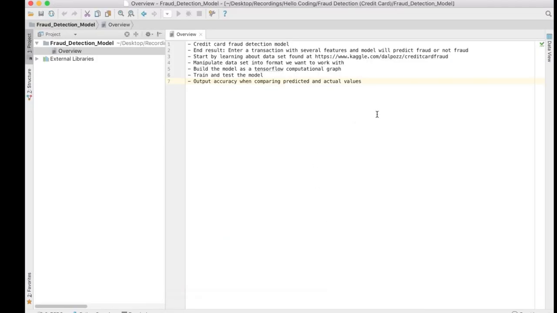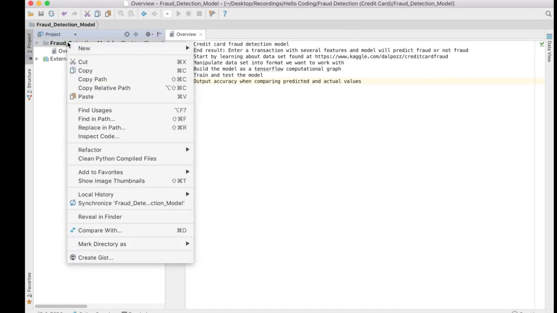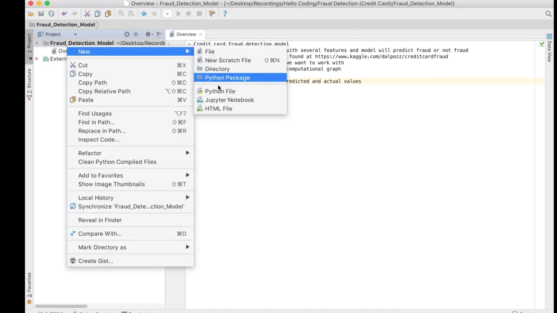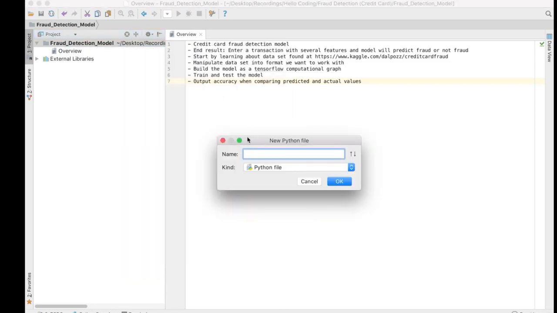Okay, so here we are back in PyCharm. And the first thing we're going to do is just create a new Python file. So this is just going to be under our main folder here. I'm just going to go on New, create a new Python file. And this one we can just call something like fraud detection model. Now, unlike the image recognition one, make sure this is a Python file, by the way, we'll click OK and